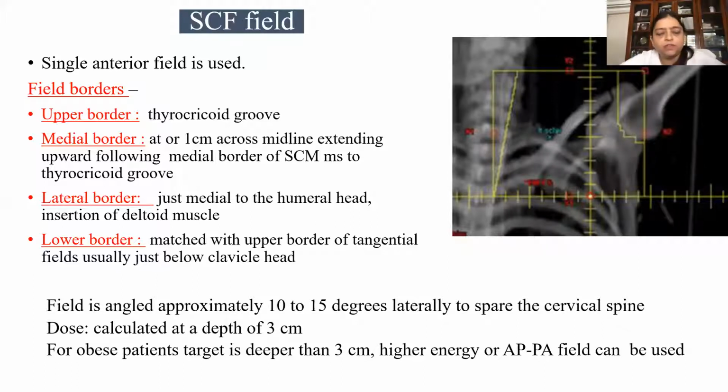A lot of questions were based on nodal irradiation only, and definitely we don't have definite answers for that. I think we need to individualize our fields on a case-to-case basis, as Dr. Ragoni beautifully discussed at the end of the discussion, case 1, 2, 3. Every case is to be individualized, especially the nodal areas: which is to be treated and which is to be left, considering the radiobiological features, the tumor biology and everything.